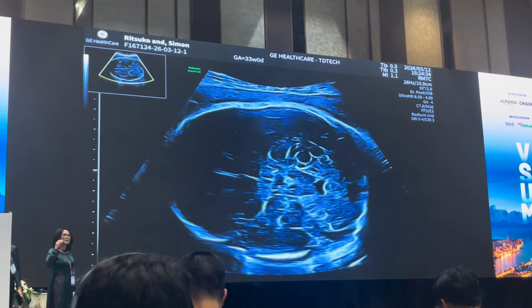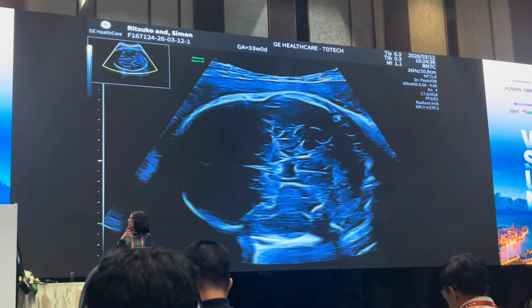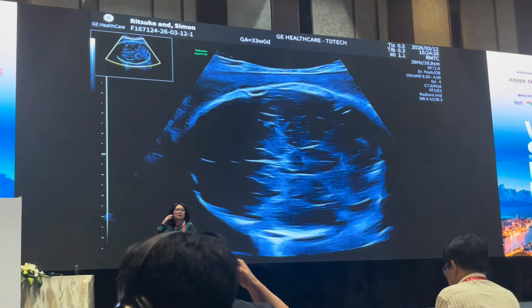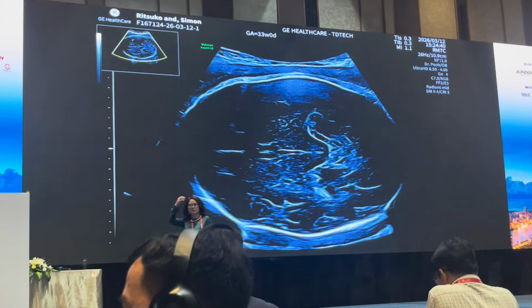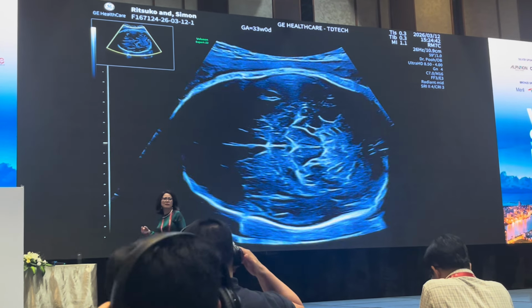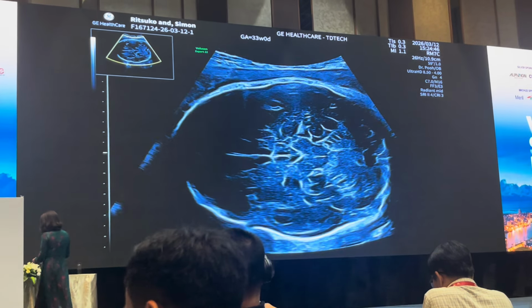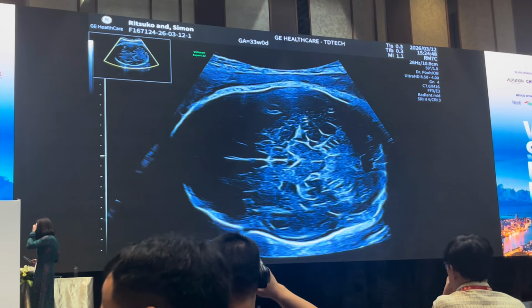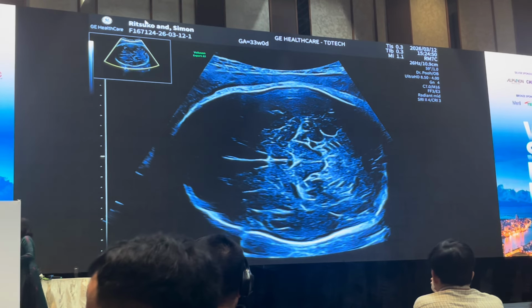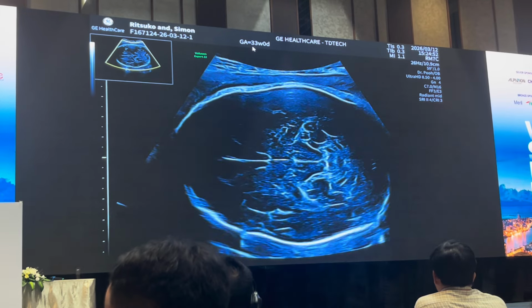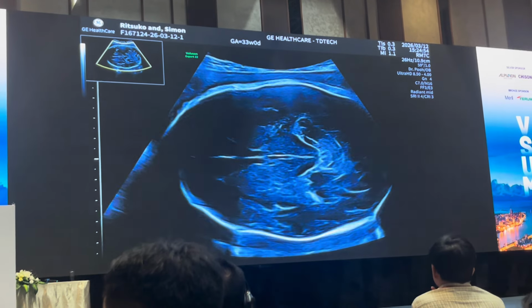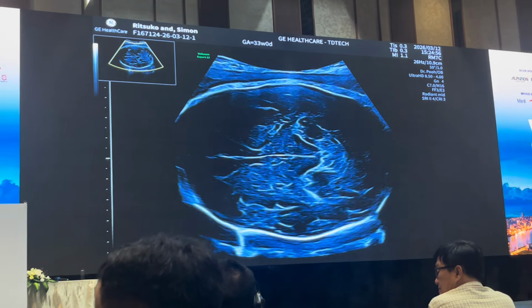So Mitsuko and myself are going to ask each other's questions. And I'm going to learn from Mitsuko. We're going to start off with a patient who is 33 weeks pregnant. So we're going to start off with a